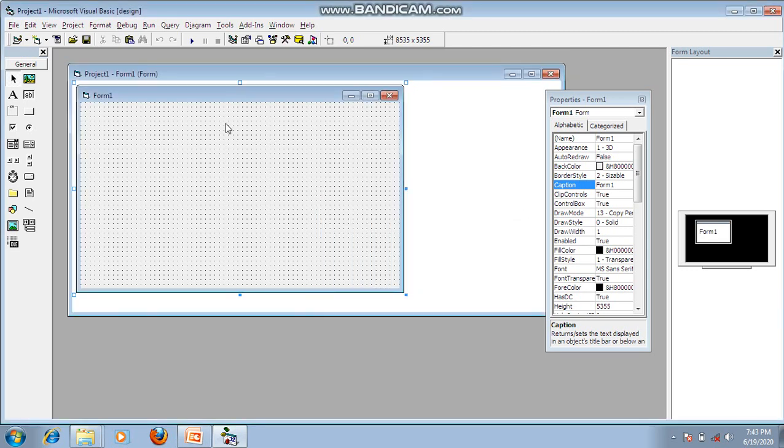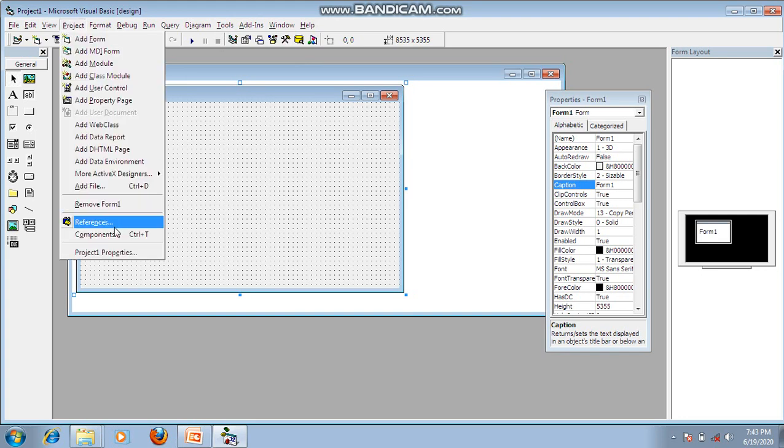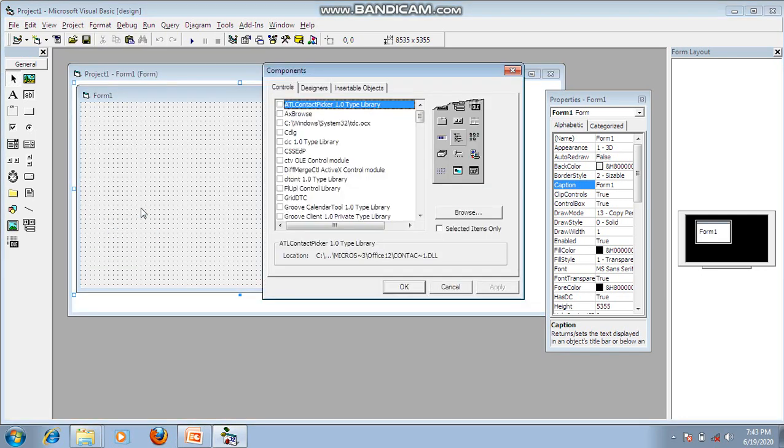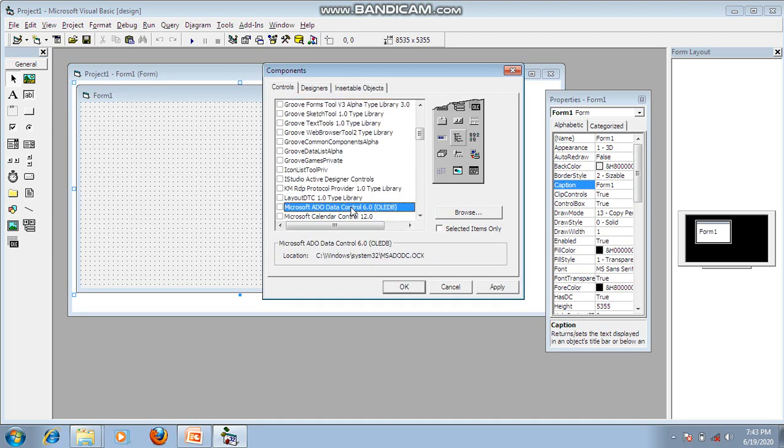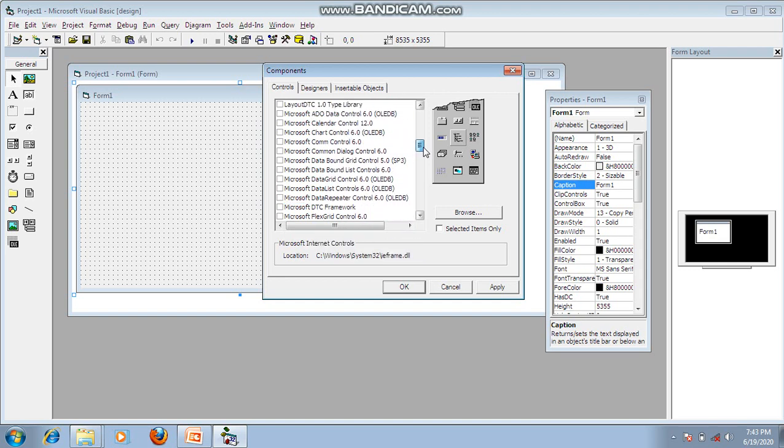Before that, first of all I will show you how to open this common dialog box. Go to Project and go to Components. Here select Microsoft Common Dialog Control 6.0.